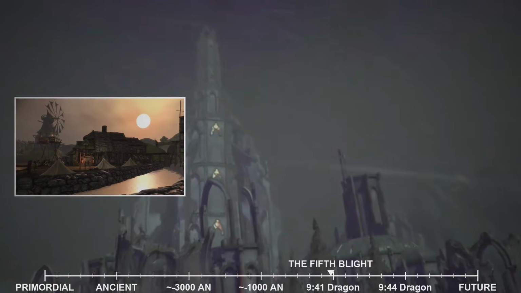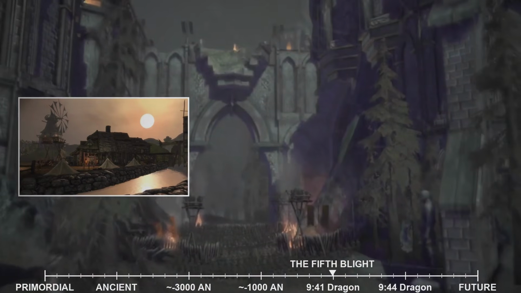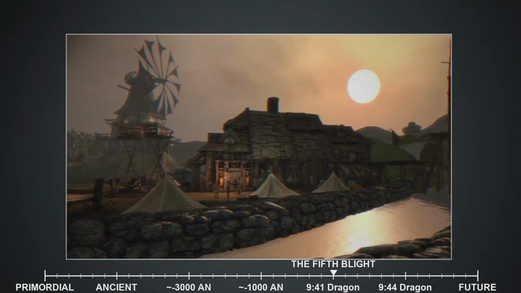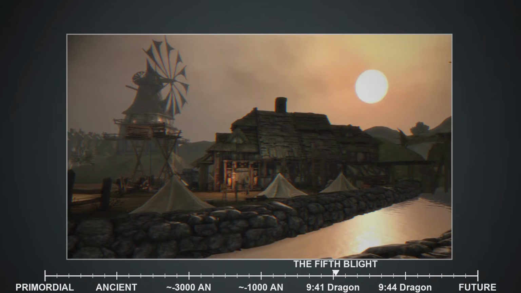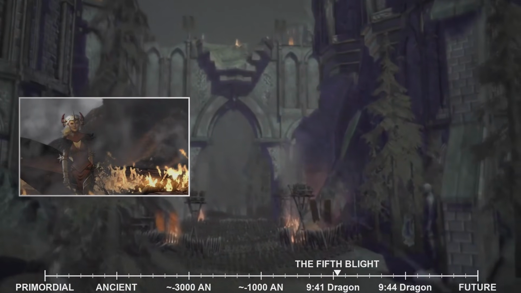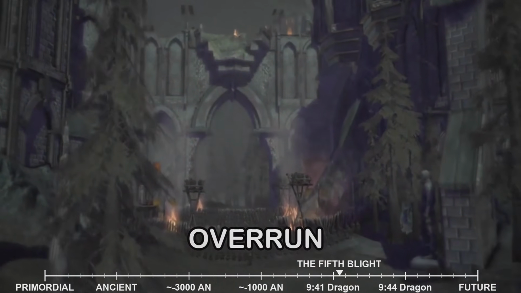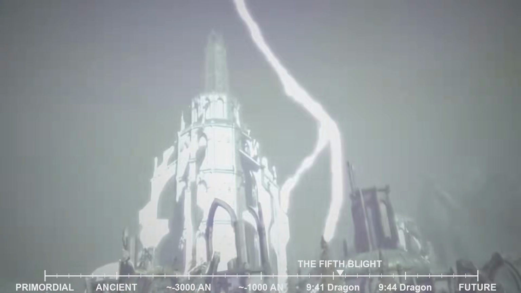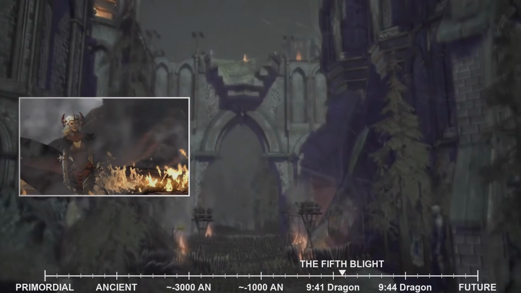Here, you encountered various individuals, some seeking refuge, others attempting to profit from the chaos. However, Lothering's tranquility was short-lived. The relentless advance of the Darkspawn meant that no place was truly safe. Soon after your arrival, Lothering was overrun, its inhabitants scattered or slaughtered, a stark reminder of the Blight's destructive power and the urgency of your mission. The fall of Lothering underscored the rapid deterioration of the situation in Ferelden and the ever-present danger that stalked every corner of the kingdom.